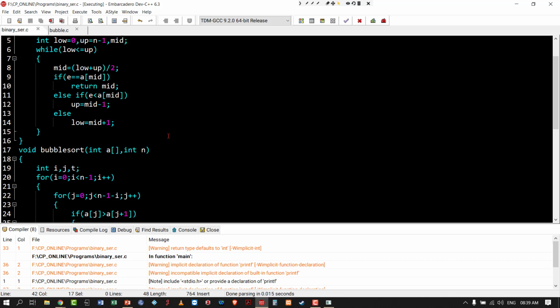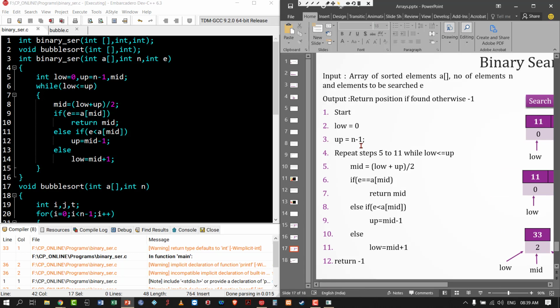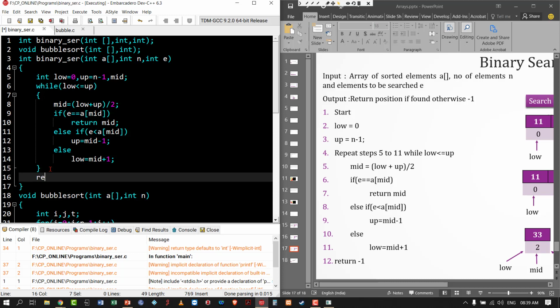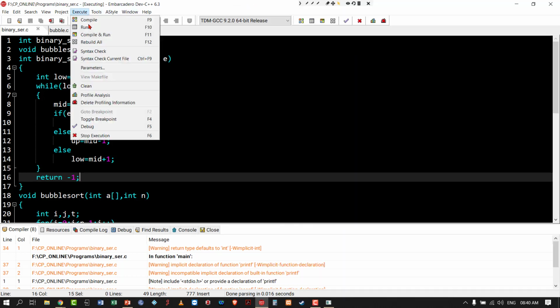One more problem is there. After that while loop there is a return statement. I missed it. So return -1. Okay, let me try it again.